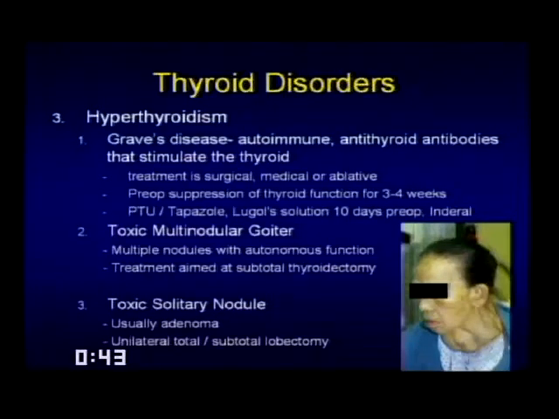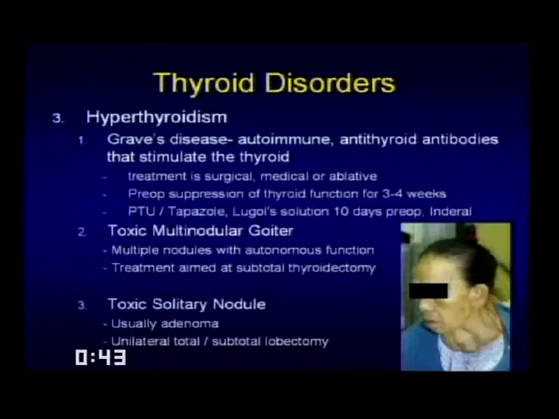nodules with autonomous function. The treatment is aimed at either subtotal thyroidectomy or debulking, usually to leave some remnant of thyroid tissue behind, but really to not remove all thyroid tissue to put them at risk for hypoparathyroidism or nerve injury. The toxic solitary nodule most commonly is due to an adenoma, and the treatment aim there is to do a unilateral total or subtotal lobectomy for removal of that nodule, which is successful in over 90%